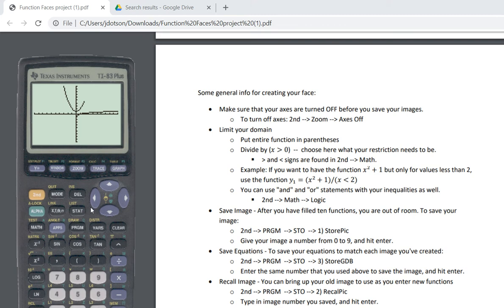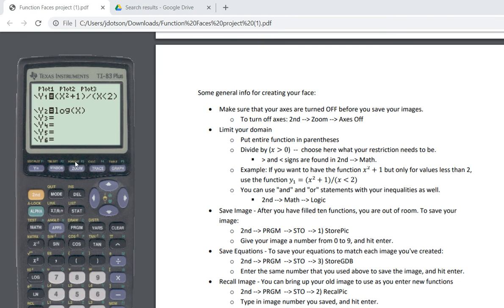Well, that's great, but what if I want something... Oh, I need to cut off over here then as well. Something that is maybe bigger than, say, negative 2. Well, that's where we use that logic statement. So if I go back to it, and I'm going to hit second math logic,